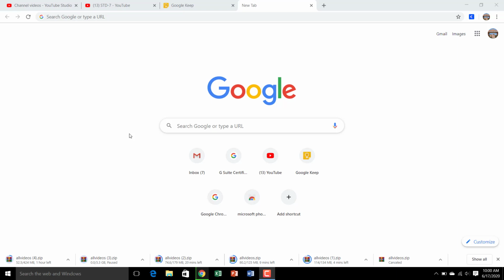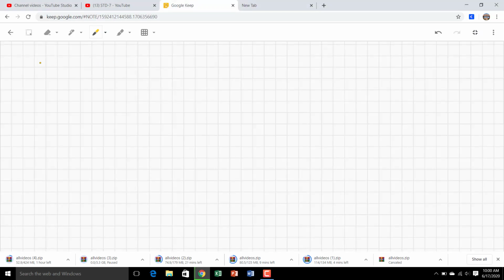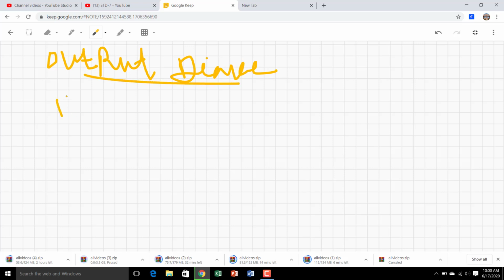So which ones are our output devices? This is on my screen. The first output device is the monitor, and this is our monitor.